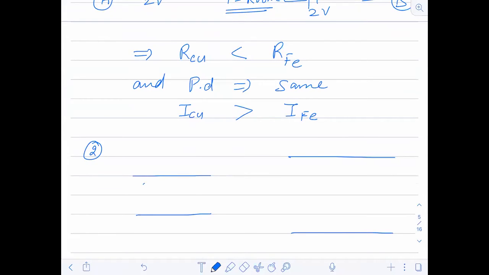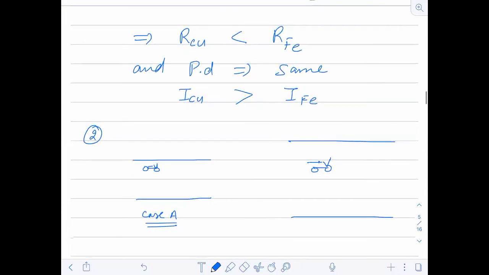You're going on a bike. Now, assume the number of people per unit area is the same, assuming the density to be the same, or the number of free electrons. Try to understand it like that. I have two options for you. One is case A, and one is case B.